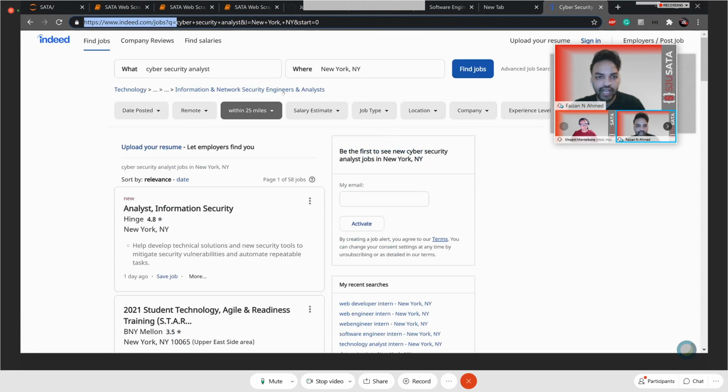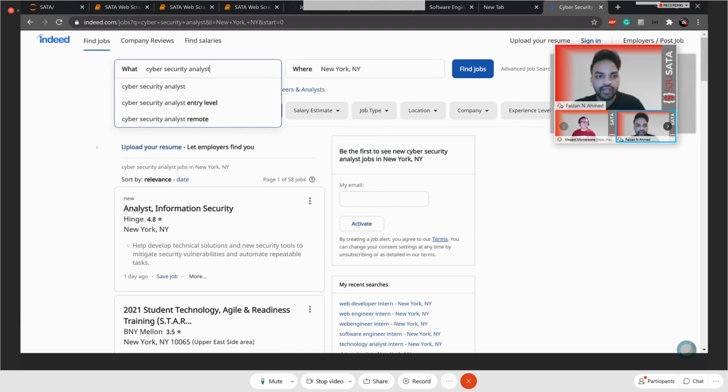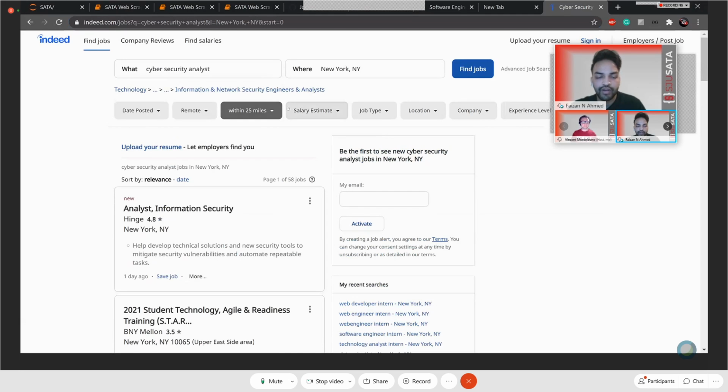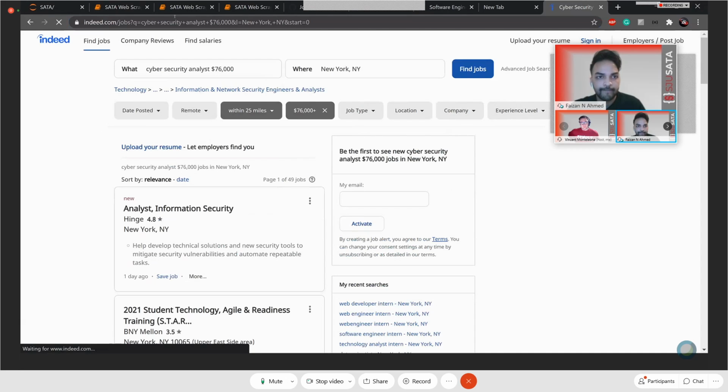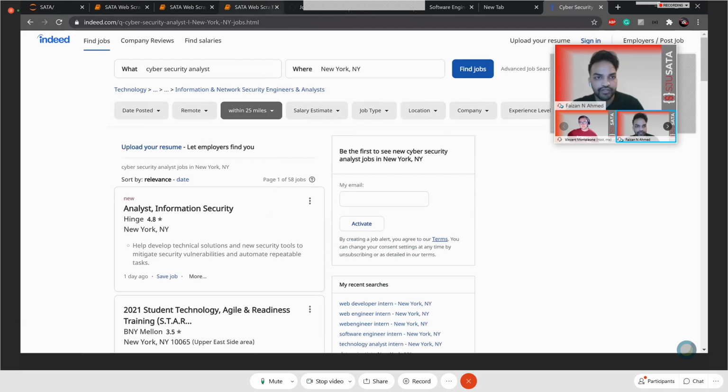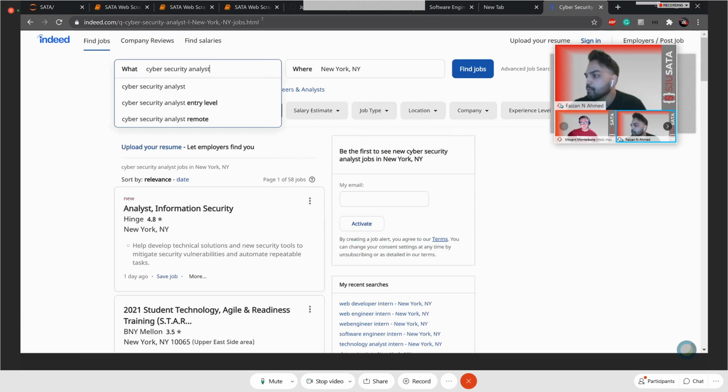If you guys want a challenge to do after this meeting, it's to make it work for all these different things you can change here. Like if you want a salary estimate of, for example, this, it adds that to the URL. I didn't do that for this meeting, but if you guys want to challenge yourself and add that functionality to the program, you can go ahead and do that. But basically all I did was